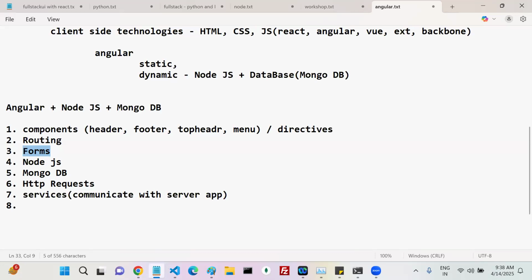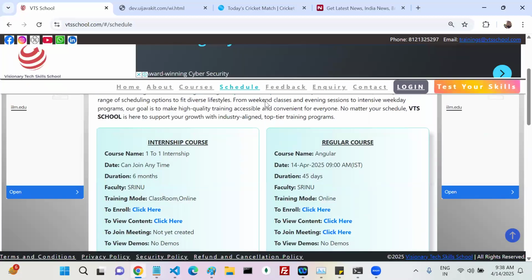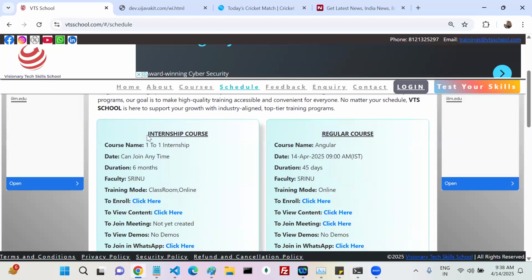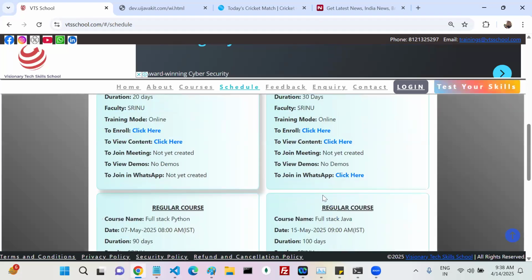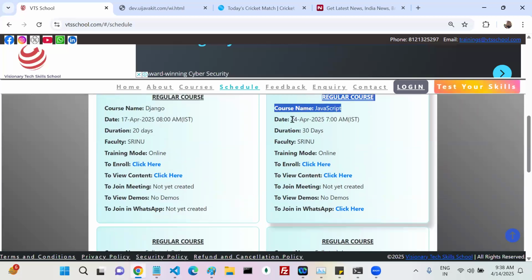Okay, the next one. If you come here, see, the headings are all in capital letters. See here, regular course, all in capital letters. But the date format is always like this only: date, month in 3 characters, and year.